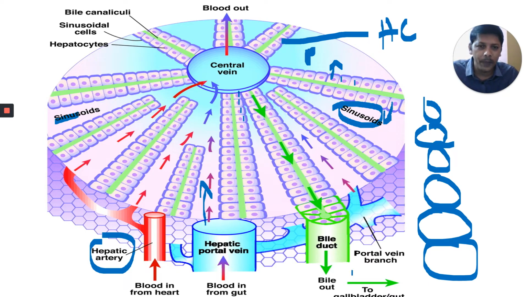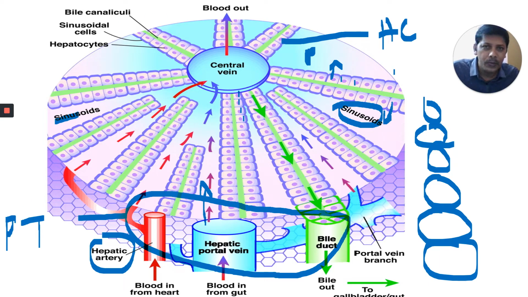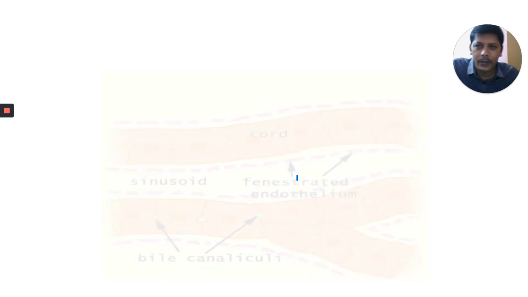This is the central vein. These three together are called the portal triad. You learn triad in the muscular system also. The portal triad consists of a branch of the bile duct, the hepatic portal vein and the hepatic artery. Triad means three components are present here. Generally a total of six portal triads are present.